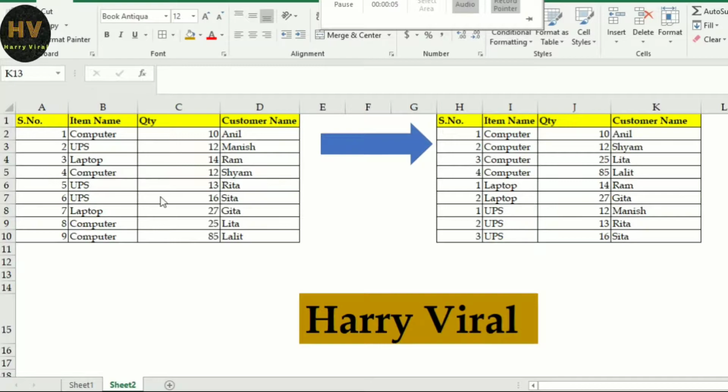Today we are going to learn advanced sorting. So here is one problem. First of all, we are going to look into this problem. Here is our serial number, here is our item name, quantity and customer number. So when we are sorting this,